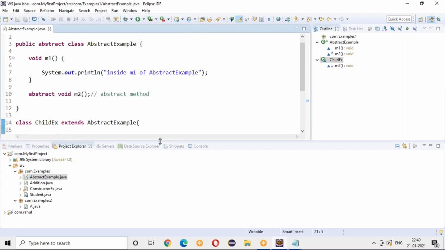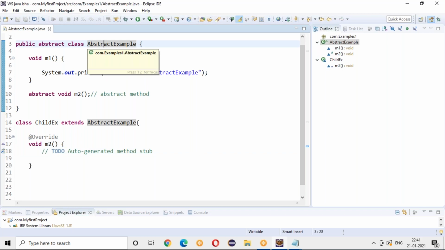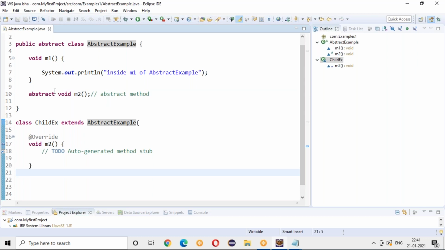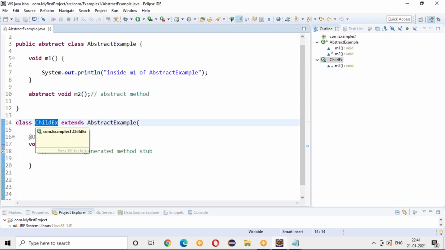So now we got the answer for the first question. Now the second question that I have asked: as I told you, you cannot create an object of an abstract class. Then who is going to execute this method? When you have an abstract method, who is going to write the logic? A child is going to write the logic for that method. And who is going to execute this method? Even the child, because a child will have access to the parent method.